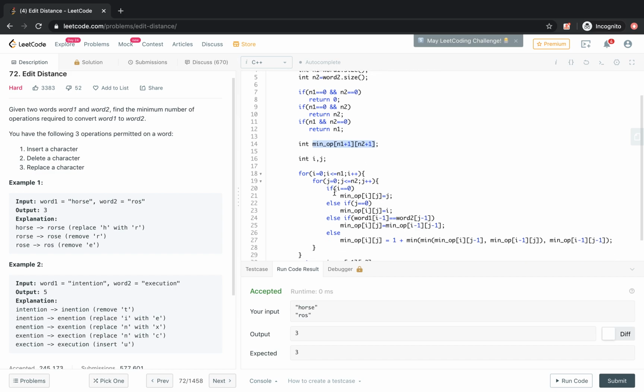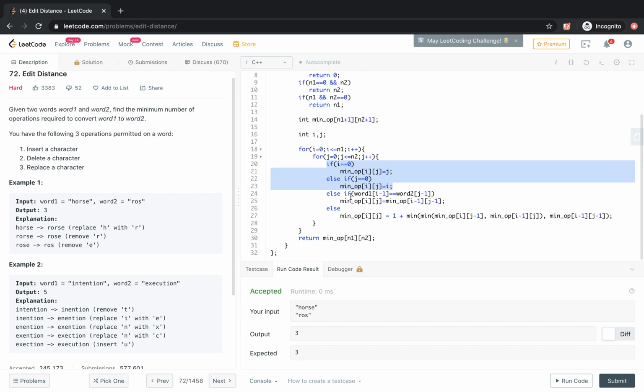And we have filled, for an empty string, the length of the second string. And if the characters are the same, like the O character and here the O character is the same, then whatever the result of the subproblem until H and until R is actually the solution for this subproblem. Like here, one, if H is replaced by R, that is one operation, and for O we don't need any operation. So for this subproblem HO and RO, we only need one operation, that is basically the previous one. So that is the case.